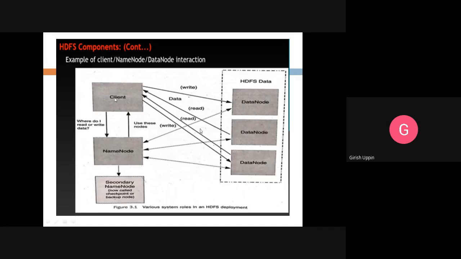Now the client makes a request: where do I read or write data? The client wants to do a read or write operation, so it will interact with the name node. The name node will check whether the request is a read or write. If it is a read, it will know which data nodes hold that particular data, and it will pass that information to the client.